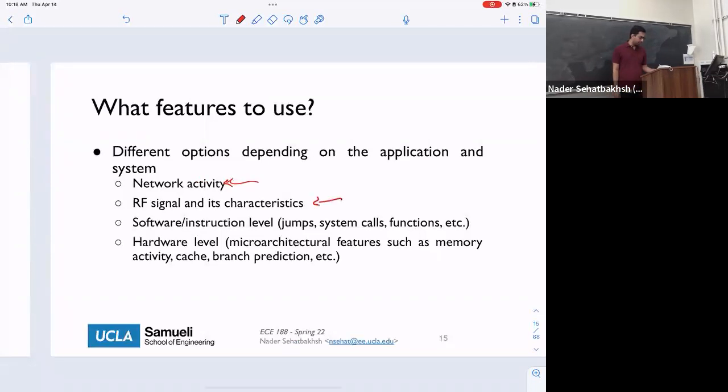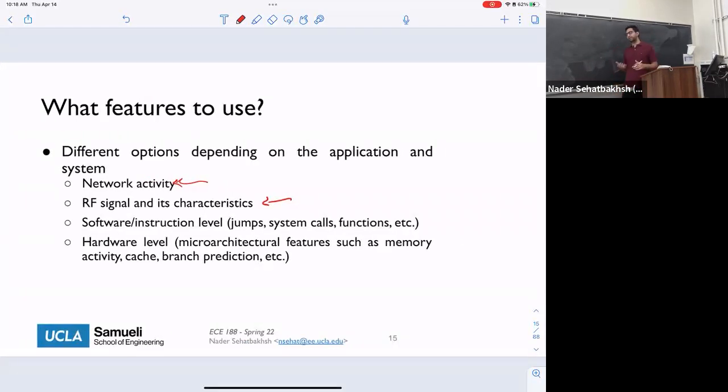The second feature that you can typically look at is the physical characteristics and attributes of the system. One of the papers that you're going to read talks about what's called electromagnetic emanation. The idea is that as your device is executing instructions, there is a physical behavior that causes electromagnetic emanations out of the device, because your transistors are switching, and as a result of the switching, you'll see electromagnetic signals coming out of it. Since this signal is correlated with the instructions being executed, it is a good reference for what's going on inside the system.